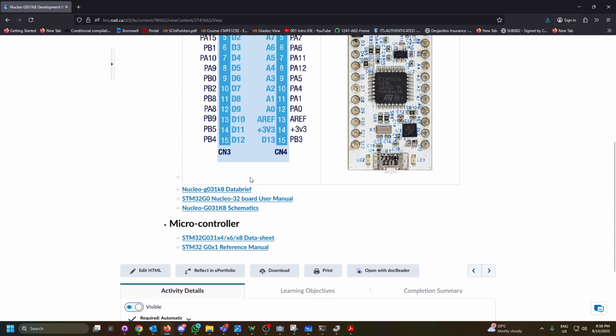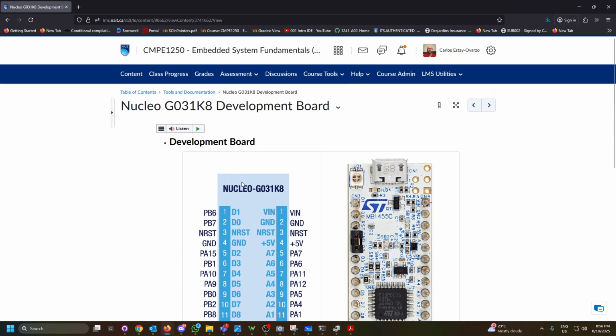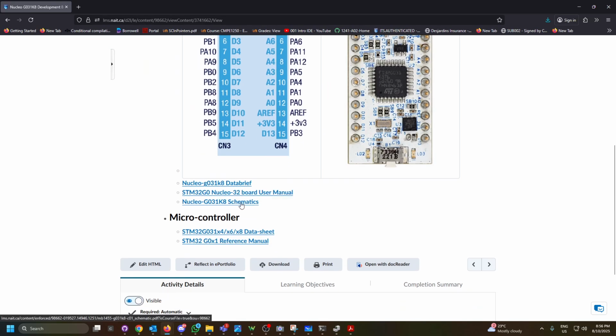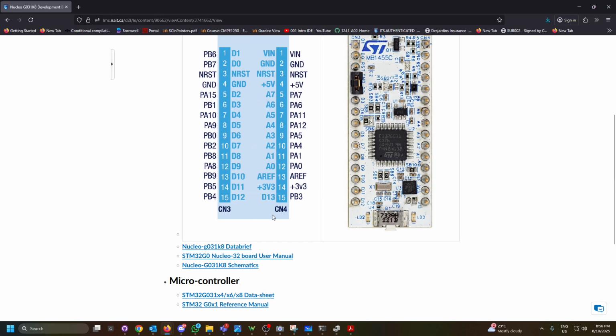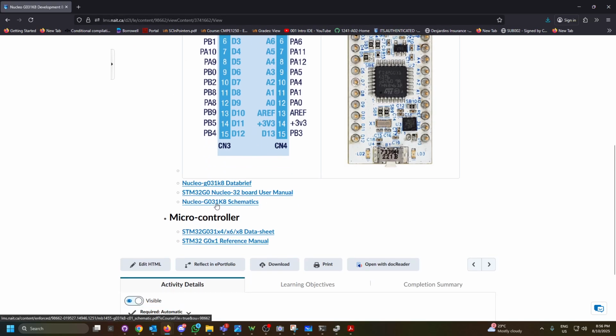We did talk about debugging a few things. So I should probably mention that I added to this list, in the development board section, the actual development board schematics, which is called Nucleo G031K8 schematics. You can download that one directly from here. I already have it open with